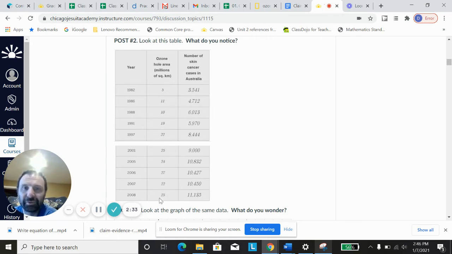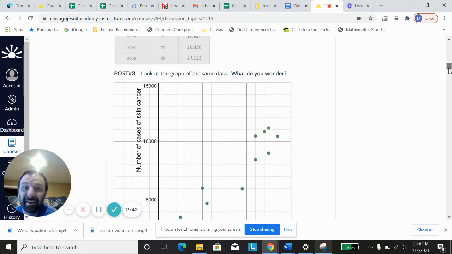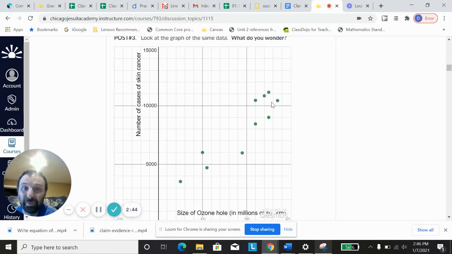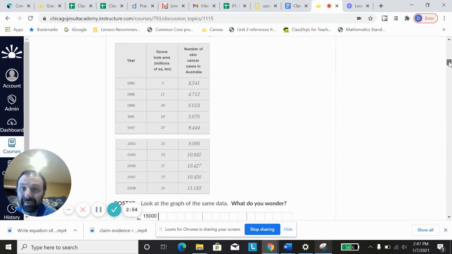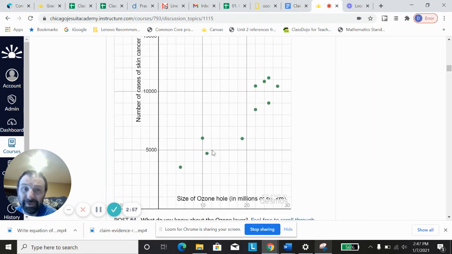So we need to be able to look at that data and we need to agree this data is true. We're not debating whether this data is true, but what we can debate is whether or not this data supports that we should do something as a government or not do something as a government. So your claim is debatable. Your evidence should not be debatable. That's the facts. But how you interpret that, how you look at this graph and what it tells you, that can be debatable.